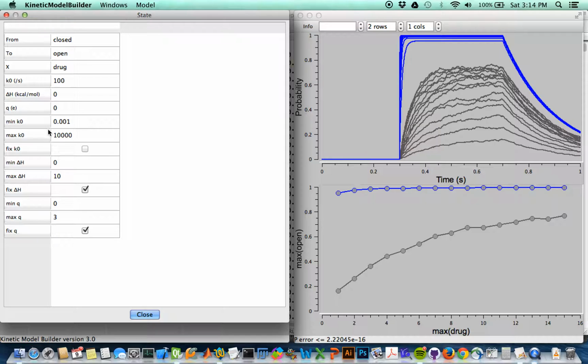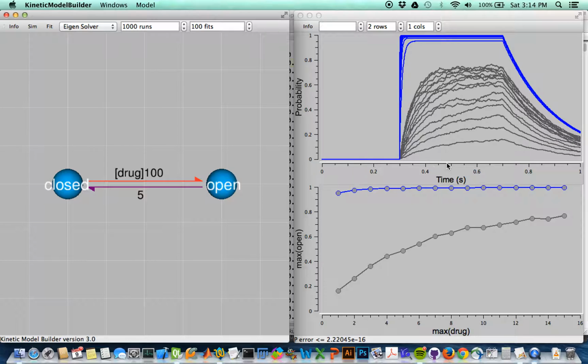Now during the optimization, K0 can vary between these two values, and it will attempt to minimize the weighted sum of squared errors across all the sample points in each of these series of simulations, as well as the summary. To run an optimization, we just click the Fit button up in the toolbar, or we can select Model Fit, and it will run a simplex iterative fit for the specified number of iterations, in this case 100, which should be enough for just optimizing one variable. So we'll just click Fit,